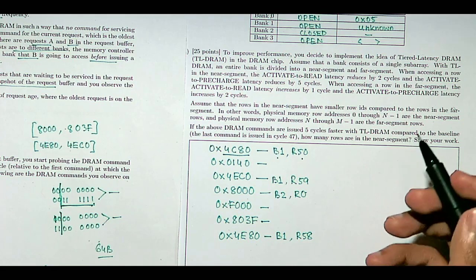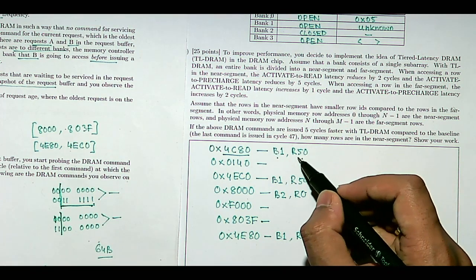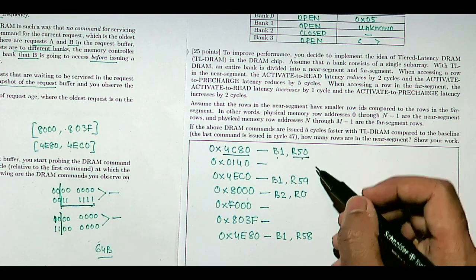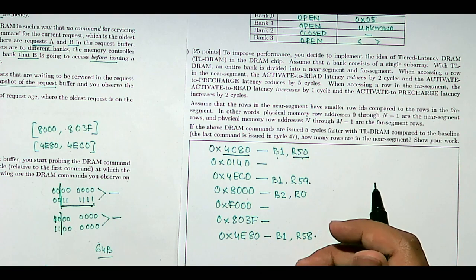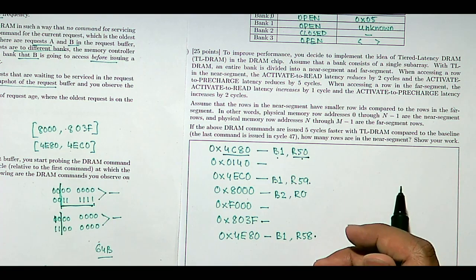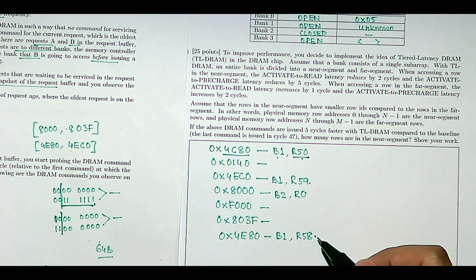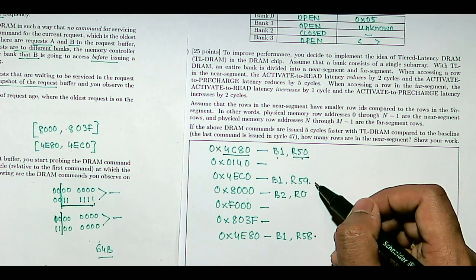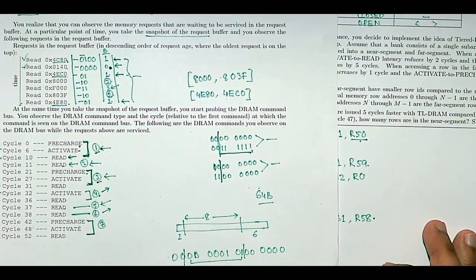Now, let's start. I would approach it like this. Let's start by saying that row 50 is something we consider to be a near segment, and let's say 59 and 58 are both a fast segment. Let's see how the command sequence and the timing parameters look. If it doesn't match, we'll go back and make 58 also a part of the near segment, not a fast segment. If it doesn't match still, then we'll go back and consider 59 also as a near segment, considering the row addresses are properly